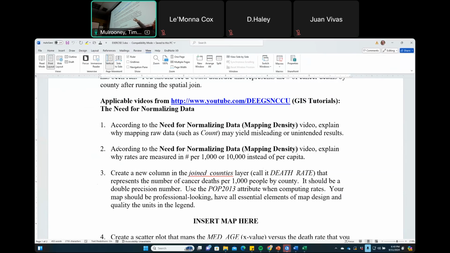Another thing, and this is a little bit more nuanced, with number 2, according to the need for normalizing data, why do we want to map rates for number per thousand or 10,000 instead of per capita? What does the word per capita mean? Per person. So if I had a county, we'll just look at Durham for the sake of argument.